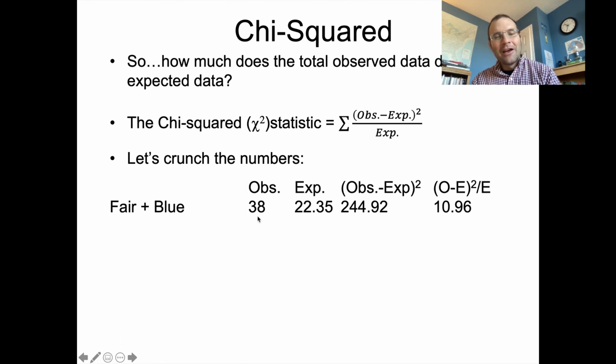All right, so for the fair-haired, blue-eyed people, we have 38 observations. We have an expected value of 22.35. If you subtract this from that, observed minus expected, you get 15.65. And if you square that, you get a value of 244.92. Okay, and then you take 244.92, you divide it by that expected value, which is 22.35. You get about 11 for that number. We're going to do this for all 4 combinations. We're trying to get this number over here, and then we're going to just sum it up to get our